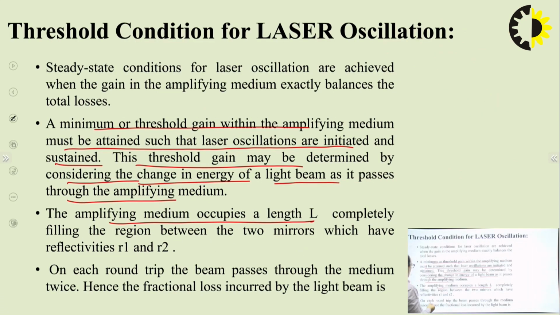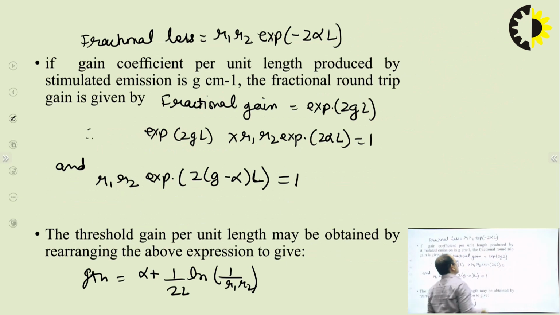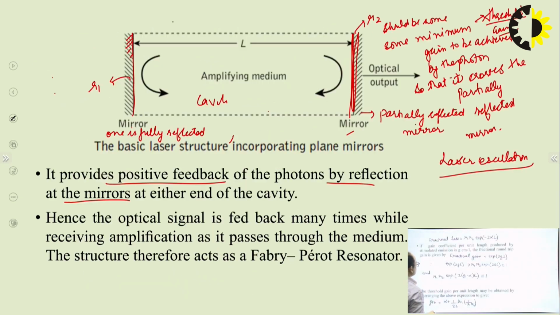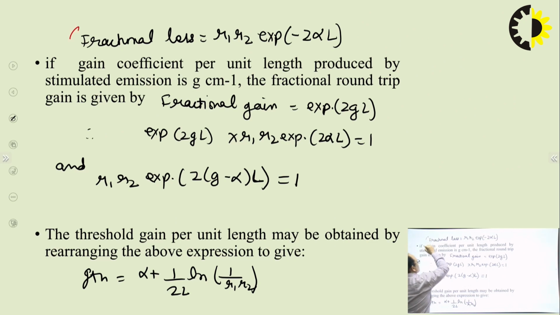Clear? It is filling the region between the two mirrors, which have reflectivity. This mirror has a reflectivity R1 and this mirror, let's say, has reflectivity R2. There will be a gain due to the positive feedback, and that overall gain also depends on the length of the cavity. And there will be loss of the photons due to reflection by the mirror, and losses occur in the cavity. So the fractional loss by the photons is equal to